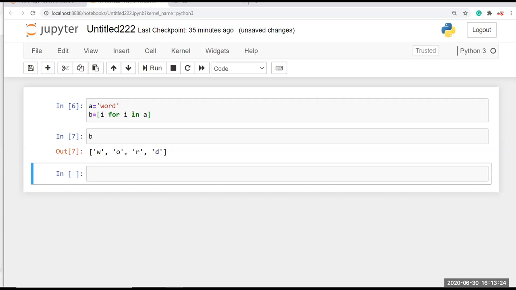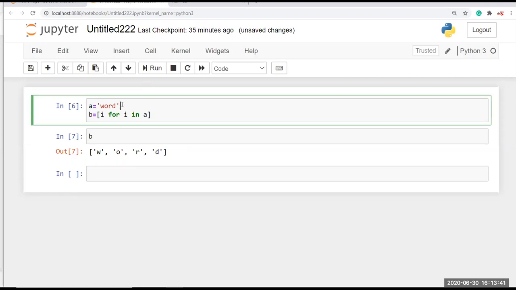Okay, so the list comprehension is used to perform your code inside the square brackets, and it returns the output in list form. Okay, so you can use any data type you want here. Okay, so you can use anything. So here I'm going to give